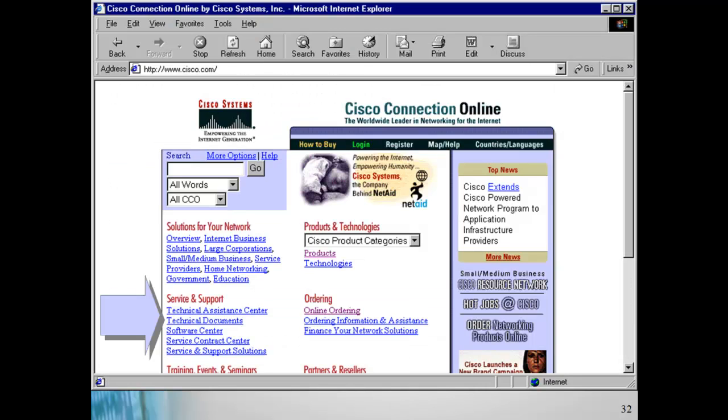Of course, Microsoft is not the only vendor who provides excellent online resources. Here's the home page of Cisco's website. Cisco is a major supplier of routers, switches, and many other network components. While it may be difficult to see from the slide, over on the left are keywords such as service and support. Under this heading, if you click on the Technical Assistance Center,